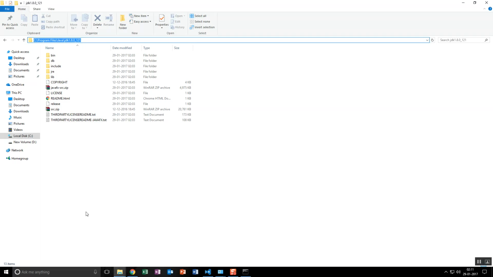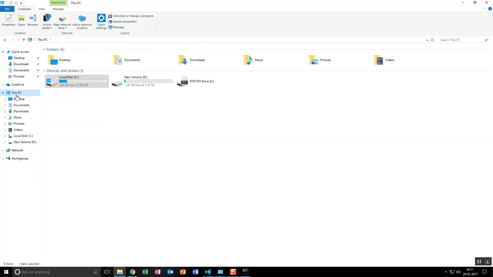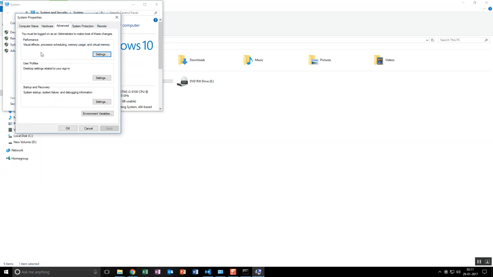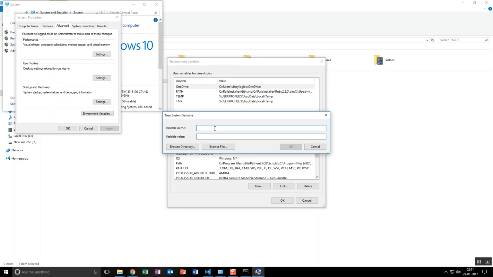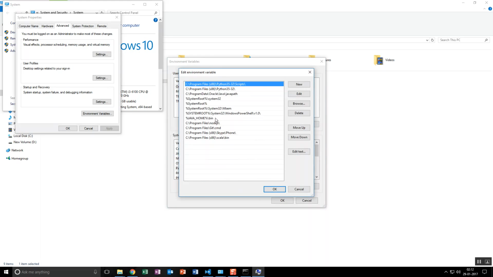Okay, I'm copying this. Now I'm going to create an environment variable path. So right click here, properties, go to advanced settings, environment variables, and new. This is only for the Windows 10 option, and if you want Windows 7 and so on, you have to type it manually. So I'm going to fix the path. Okay, fine. Okay, so here it is, and the path I already mentioned here.